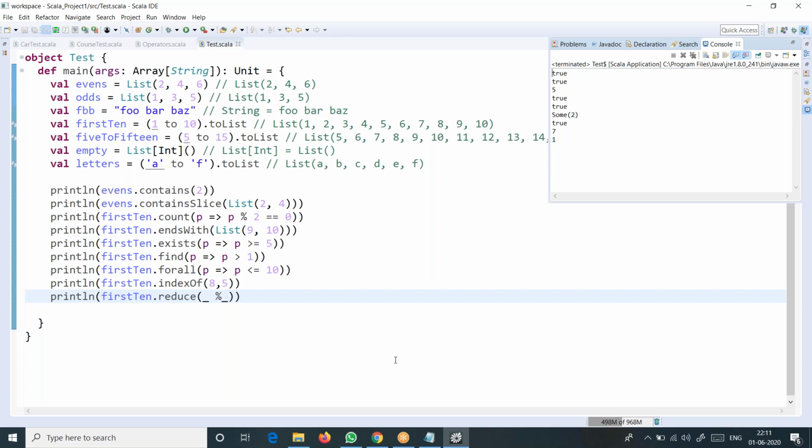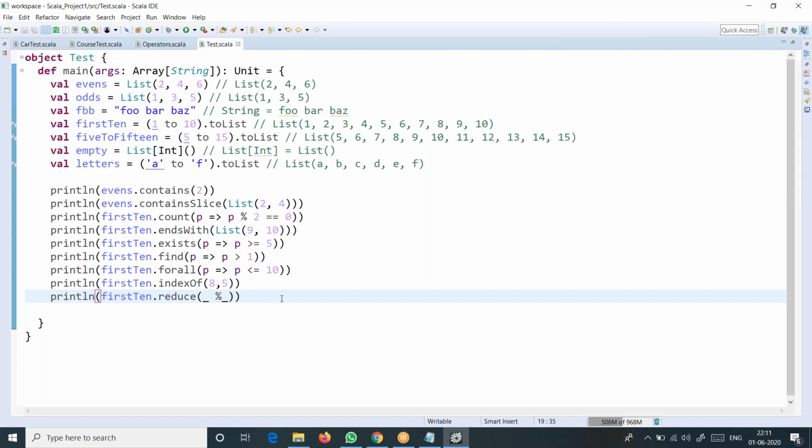Okay, but anyhow, usually most of the time, more than minus, more than into, more than percentile or division, we perform plus for reduction, more than anything else. That's what I have seen. Not really the other operations. And this is simple: underscore plus underscore. Somewhere long time back we had discussed this in lambda functions. It's more or less a simplified form of lambda where underscore plus underscore are placeholders. In place of them, reduce an iterator.